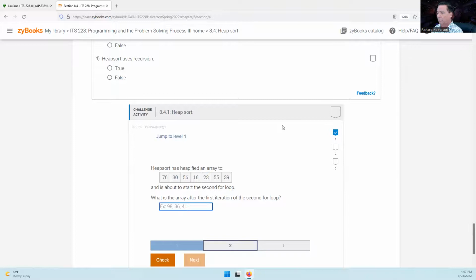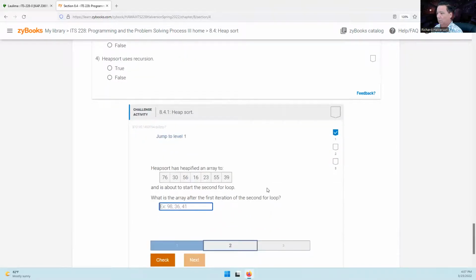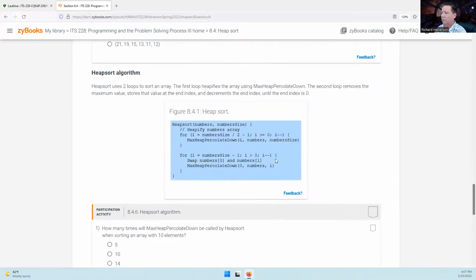All right. Well, what is the second for loop? This is the second for loop. So